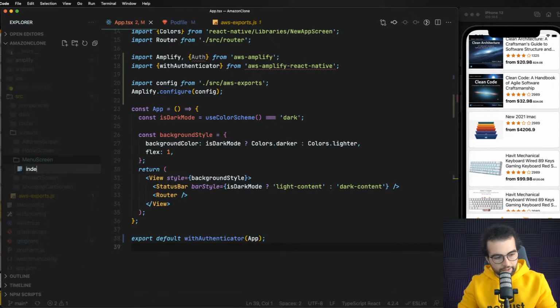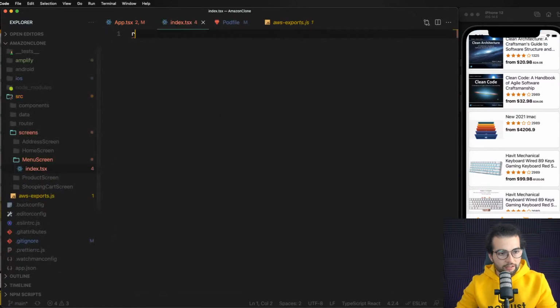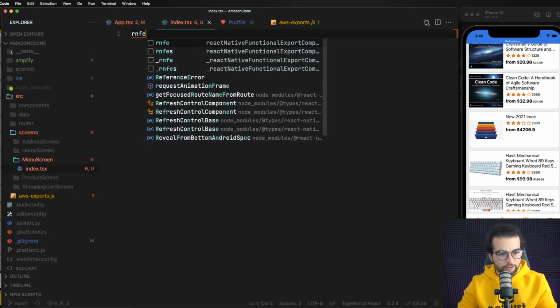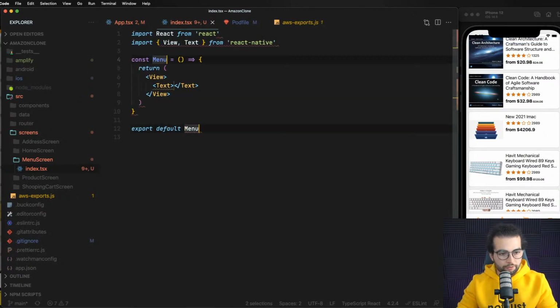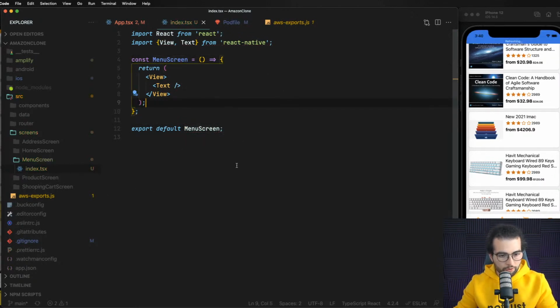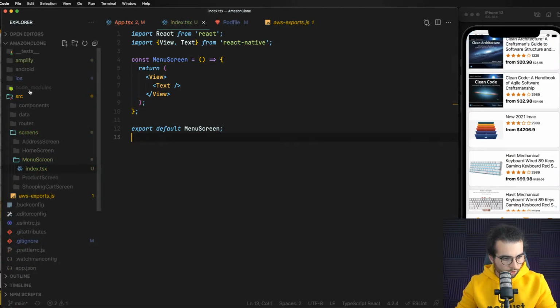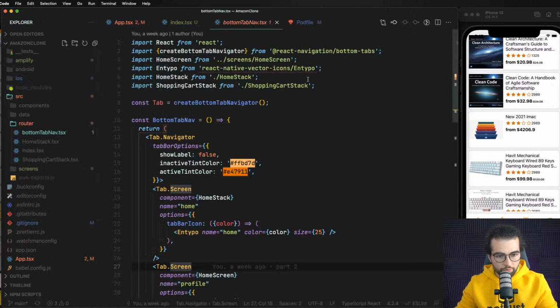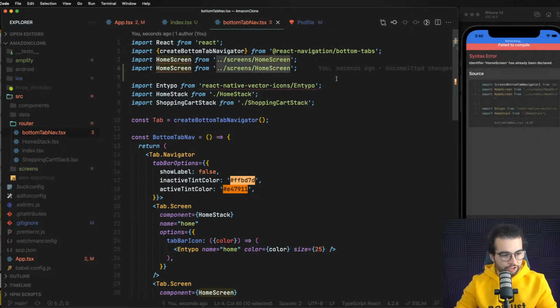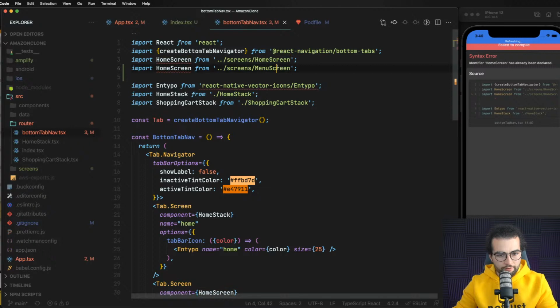Here I'm gonna create an index.tsx. Let's generate the React Native functional component, MenuScreen. And in our router, let's go to the bottom tab navigation. Let's import our, I'm gonna copy paste HomeScreen, and I'm gonna change it to MenuScreen. This is something extra, guys, so you don't have to do this,